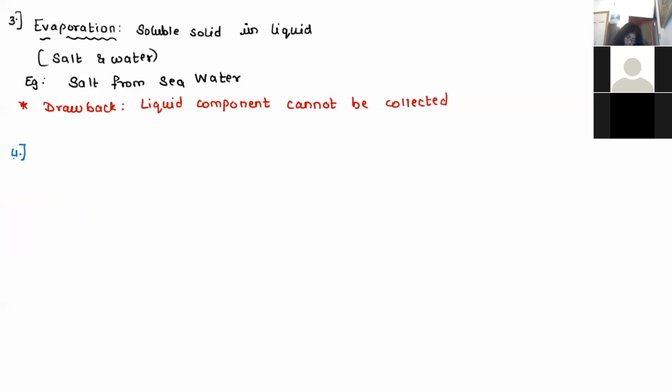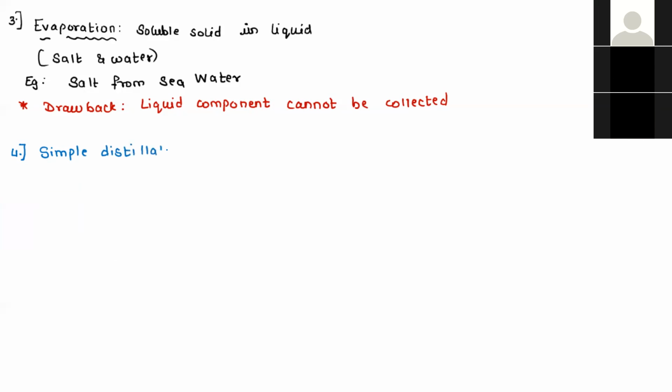So then the next technique, yes, Nafisa. Distillation. Yes. The next technique is simple distillation. Now, in simple distillation, the example is we can have two miscible liquids. We do not say two soluble liquids. We say two miscible liquids,